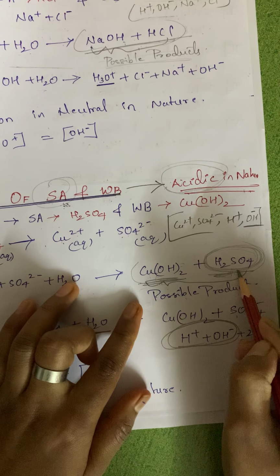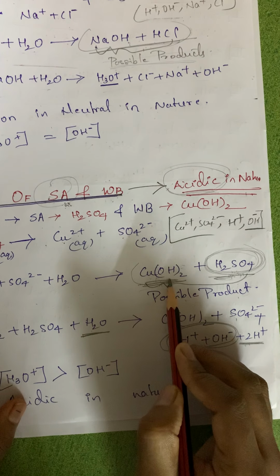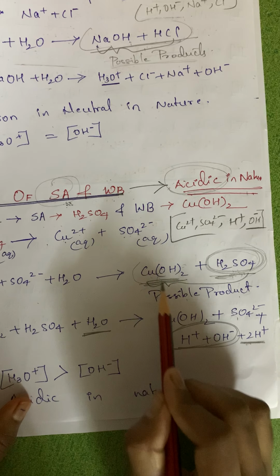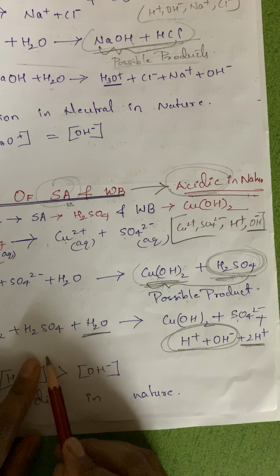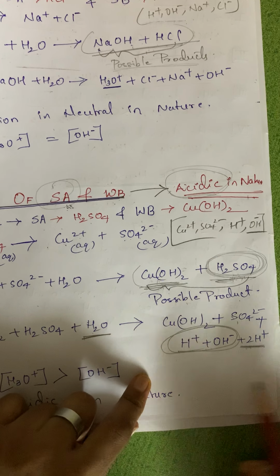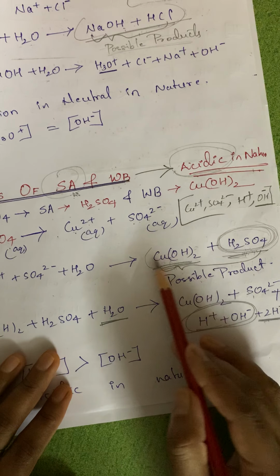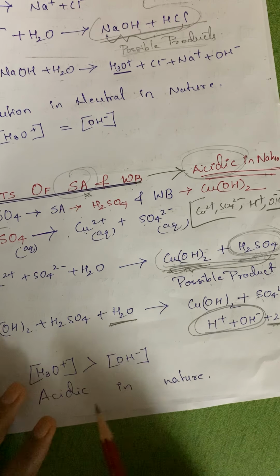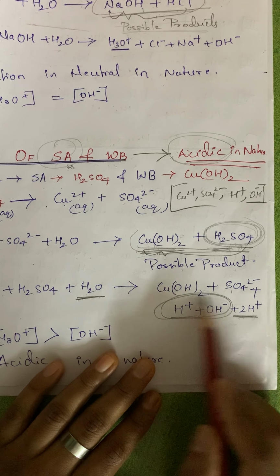So over here H2SO4 is a strong electrolyte. As a result, it will try to dissociate, and copper hydroxide will remain as it is in the undissociated form. You have to write over here that copper hydroxide will be there in the undissociated form, whereas H2SO4 will try to dissociate since it is a strong electrolyte. Again, this is in the medium of water. So as a result, all these things will be there.